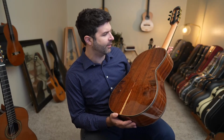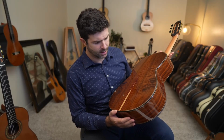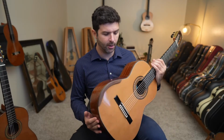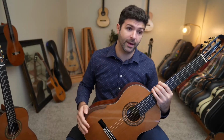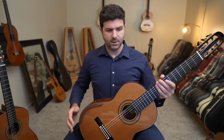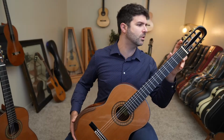I want to say this is Palfero, but I'm going to have to look. I forget. I think I'm getting that wrong. What is the name? I'll check on it later, and it's on the website too. So anyways, though, there's a raised fingerboard. The tuners are a little bit better. These are, I believe,